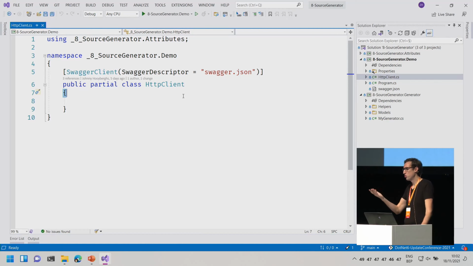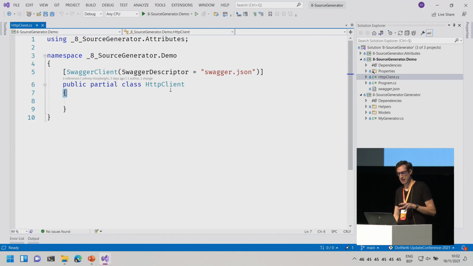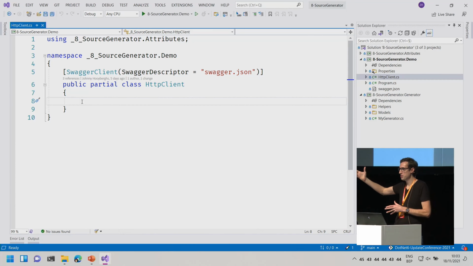If you use Swashbuckle, which is using OpenAPI or Swagger, it generates a JSON file that describes what that server looks like, what the endpoints are, what the models or the DTOs are. What I did here as an example is create an HTTP client class, which is empty. There's nothing inside. Source generation means that if I compile my code, this class will be filled up automatically with all of the client methods that call the endpoints.